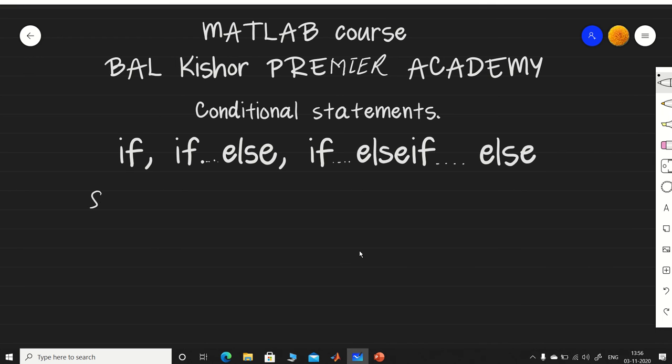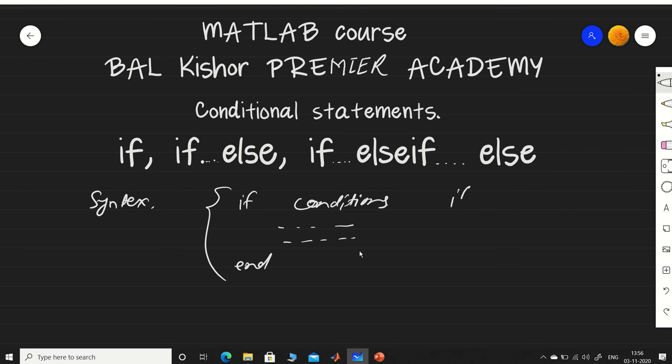So the syntax will be: basically, what we have to write is if, then here we put the condition, then write the program statements, and then end. So this will be your if condition. Otherwise, if your condition is true, print something or write some statements, else if the condition is false, then it takes these statements, the program you want to run for the else condition, and then end. So basically this is the process to proceed.